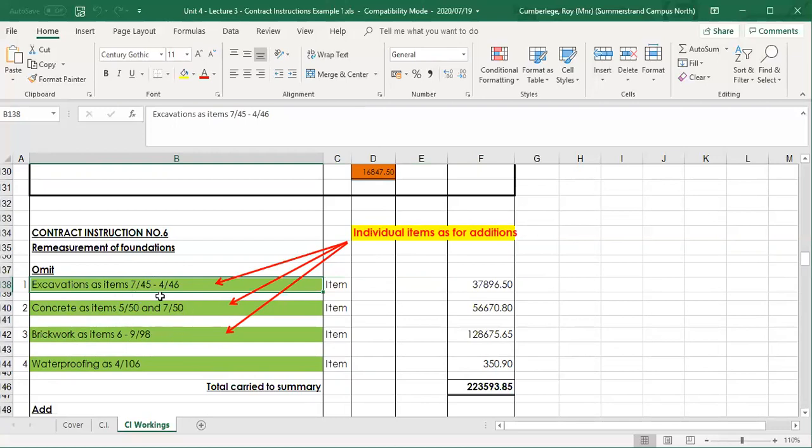The same applies for the concrete. You can group them together, or the individual items must be listed. But at the end, even if we summarize it like this, my all versus the individual items, my total omission must be the same. Can't be a different total. So I'm going to omit the foundations as measured in the bill of quantities to the value of